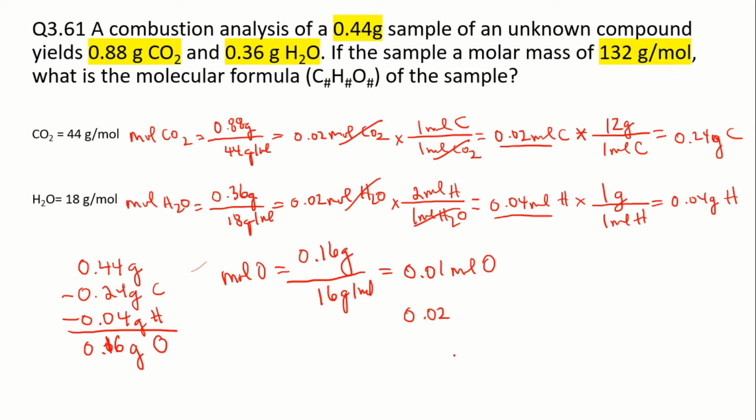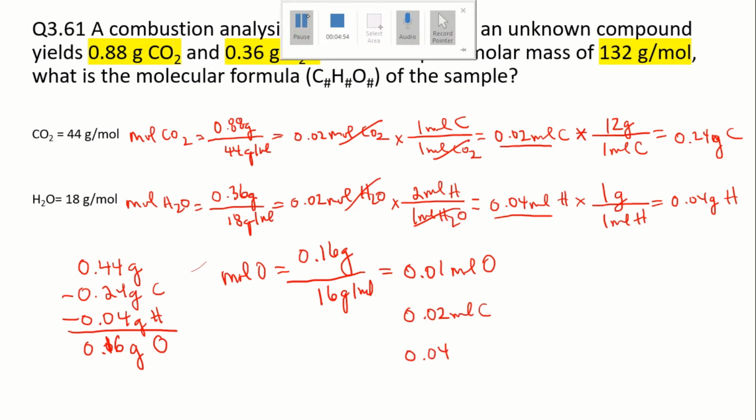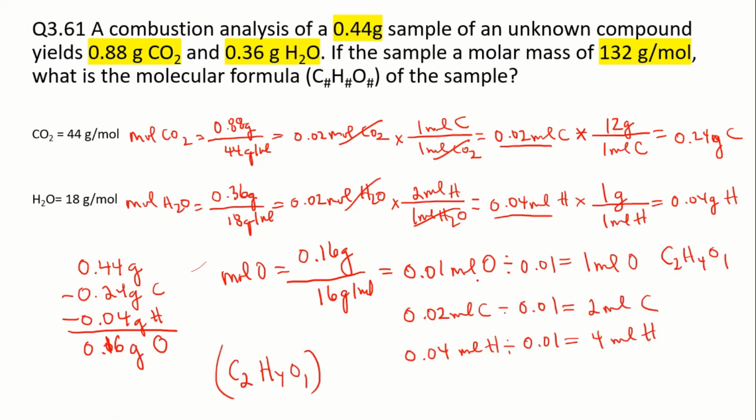I've got 0.04 moles of hydrogen, 0.02 moles of carbon. I divide everything by the smallest number of moles, the moles of oxygen, which is 0.01. That gives me a molar ratio of 1 mole of oxygen to 2 moles of carbon to 4 moles of hydrogen. That is my empirical formula,